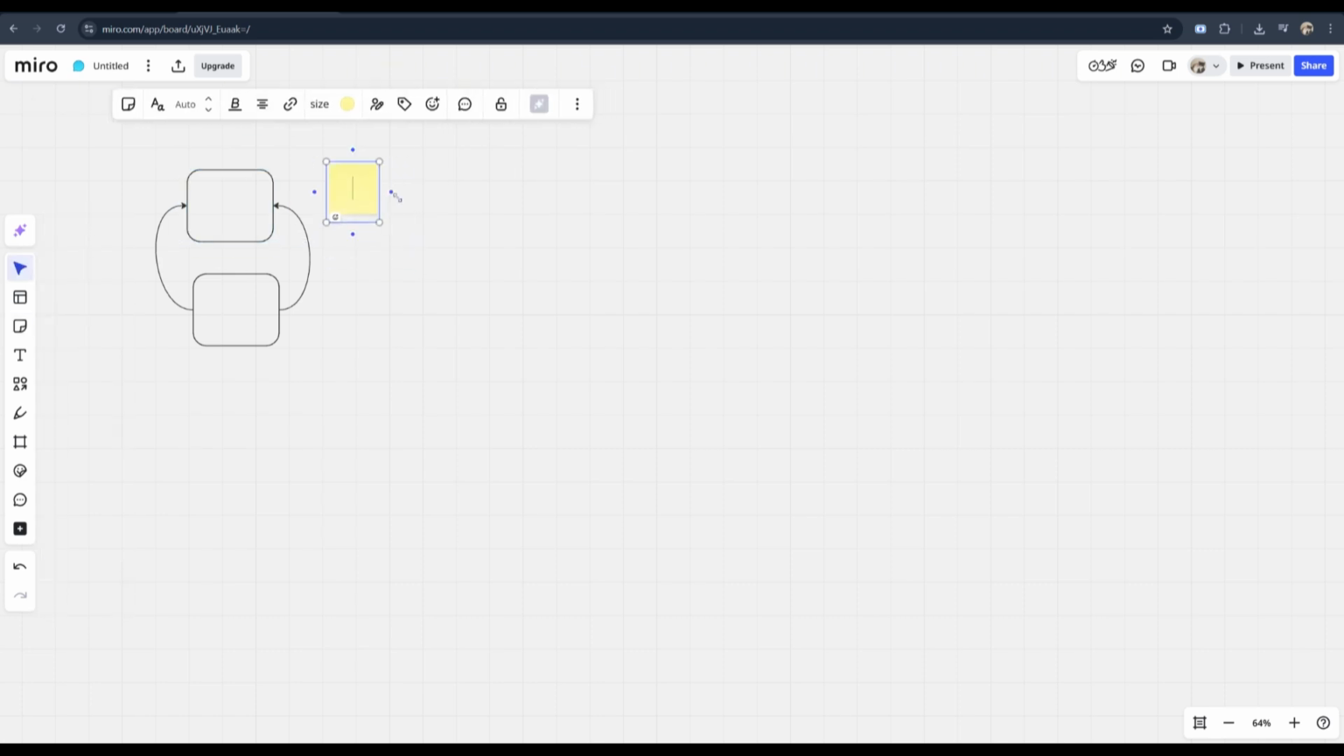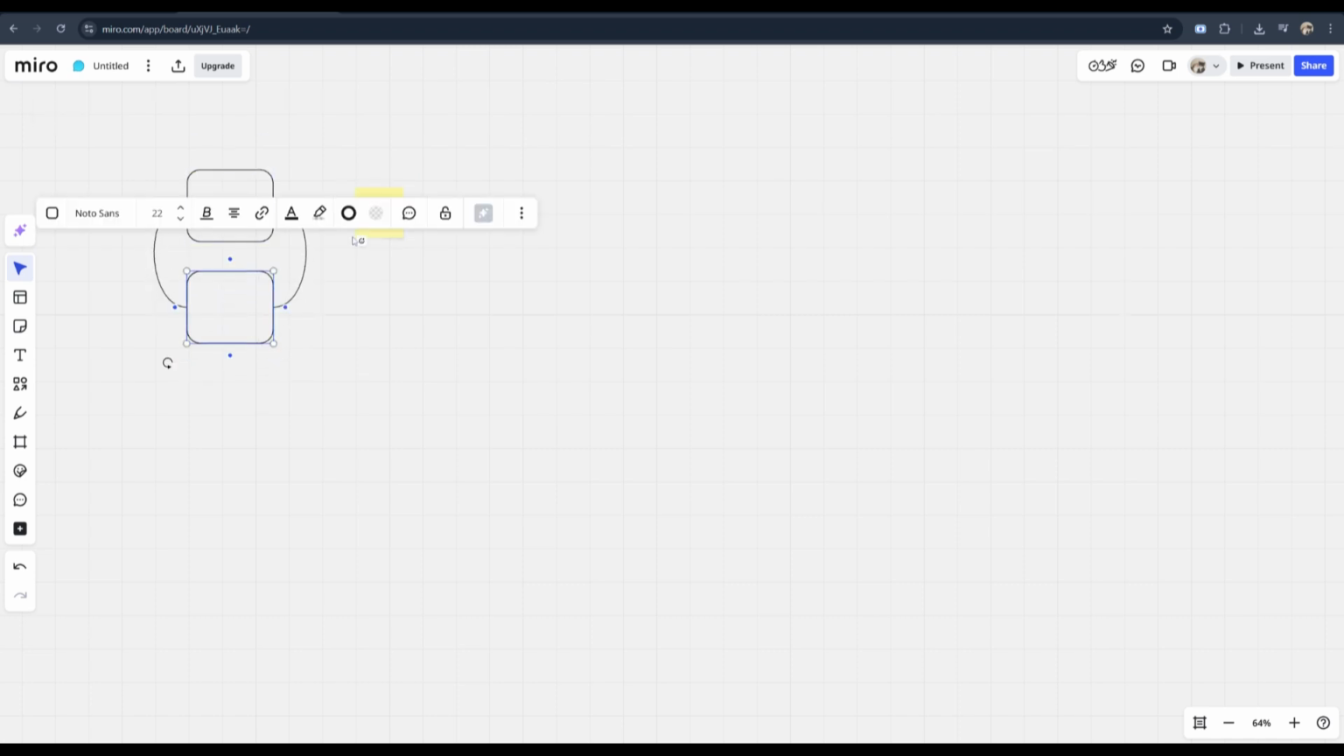Step 6. Group shapes and connectors together to keep everything organized as you move sections around your board. And that is it. That's how you use shapes, arrows, and connectors in Miro in 2025 to make your boards more